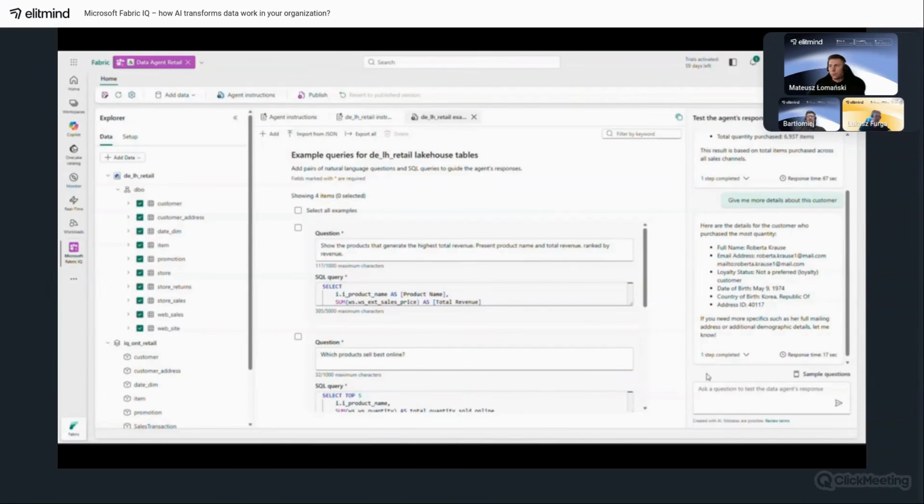Now let's shift focus to product performance. I want the agent to work with our Lakehouse data source: show the products that generate the highest total revenue, present product name and total revenue, ranked by revenue, use source our Lakehouse.